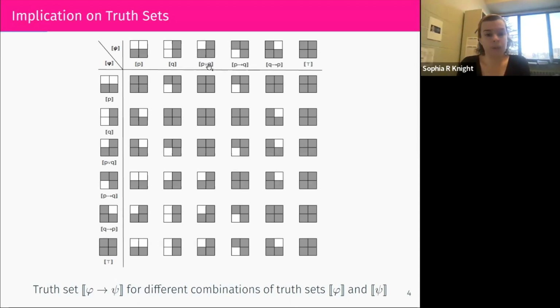We label it P or Q because that's what it is. The order in the table is just kind of for graphical purposes, but we add Q implies P here and true here. We just call it true because that's the shortest name for that formula. And then we take the closures of those under implication, and we only end up adding one new thing, which is here. And so we add that to our table.